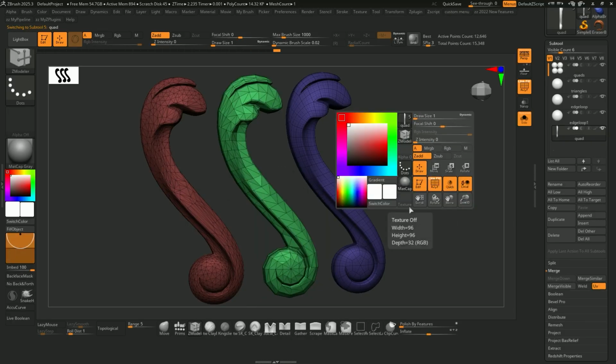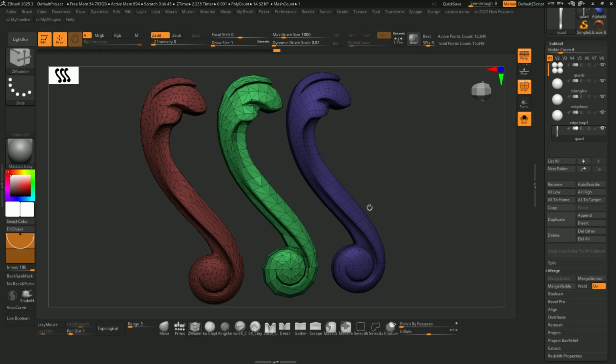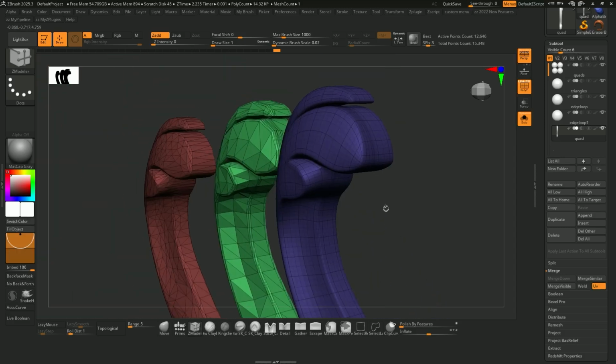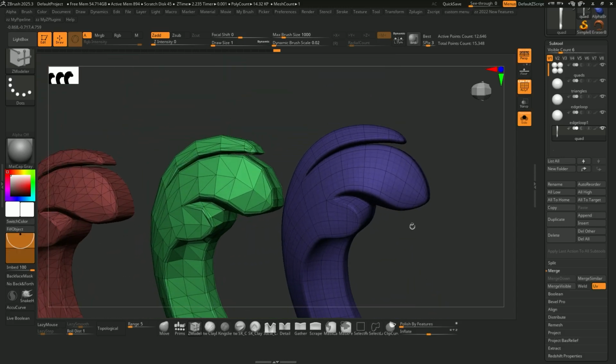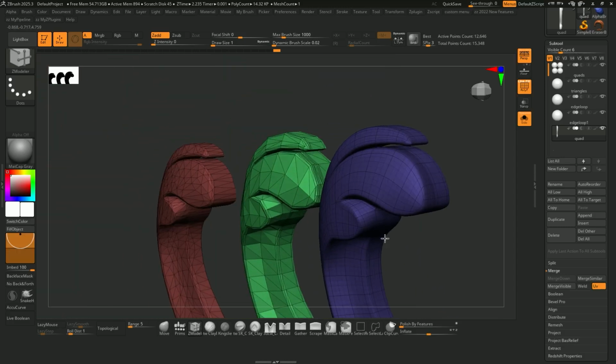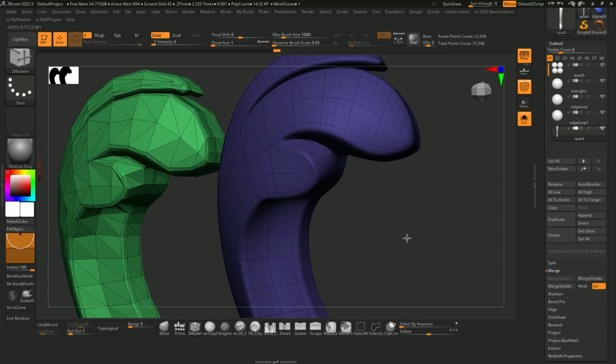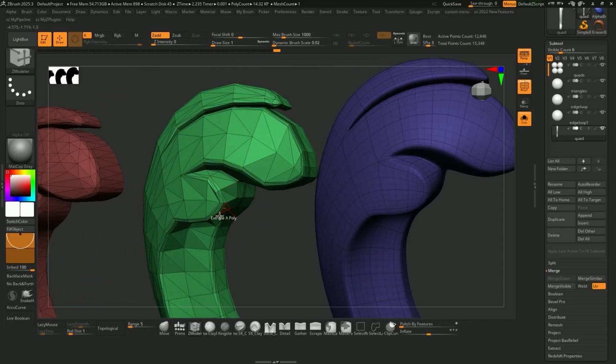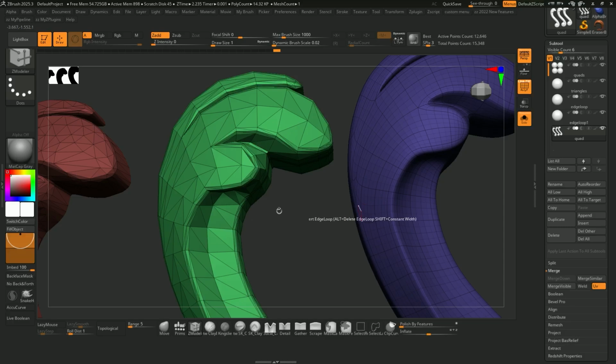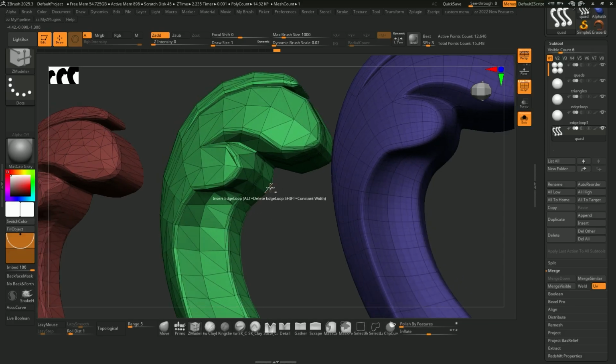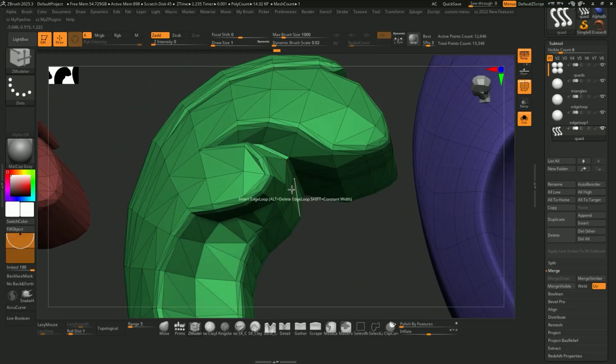Alright, why do polygons matter? Here I have 3 polymesh with different topology placed side by side. The first one with quad polygons will be the best for sculpting. As you can see, the topology is well arranged compared to the second one. They are both usable, but you will have some trouble, especially dealing with details such as those corners with denser